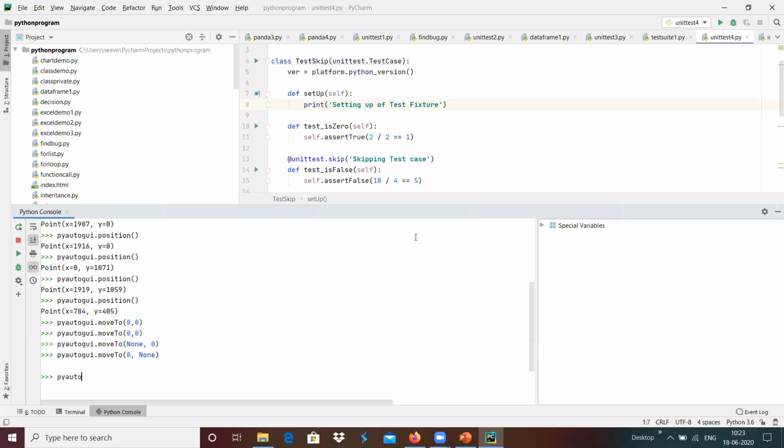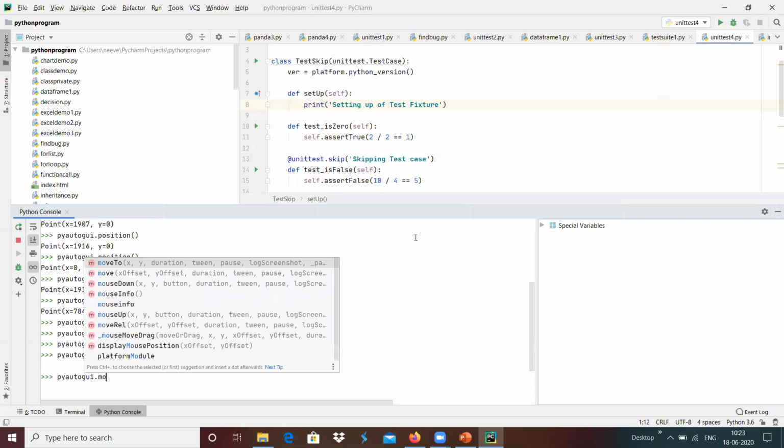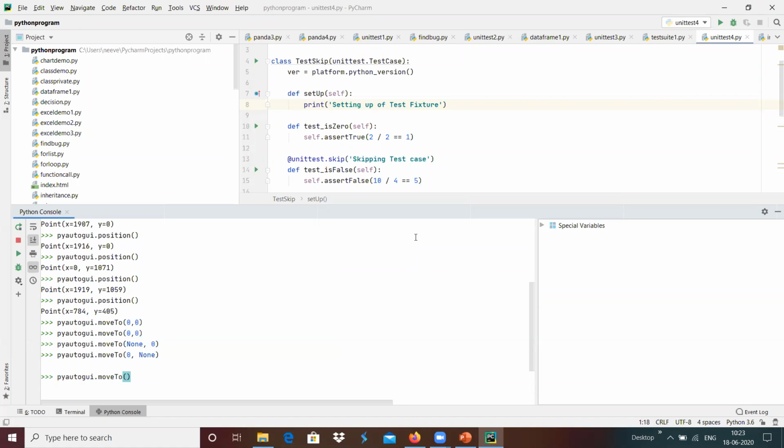pyautogui.moveTo with x as 1920 and y as 0, the top right corner is where x is 1920 and y is 0.